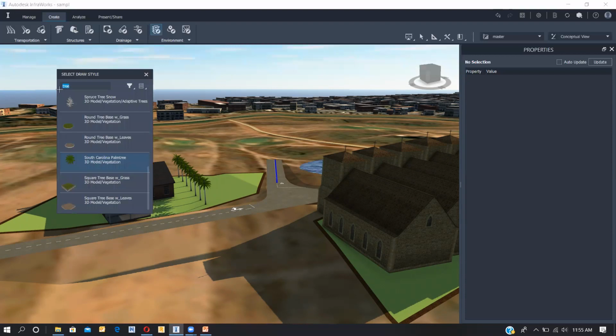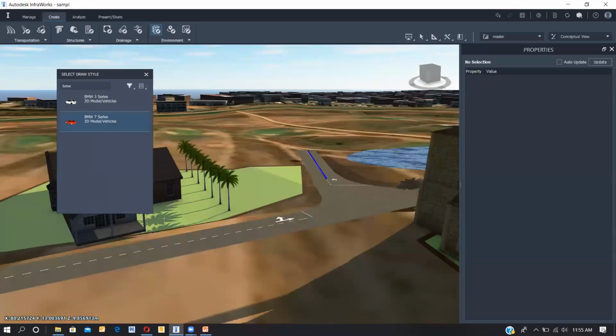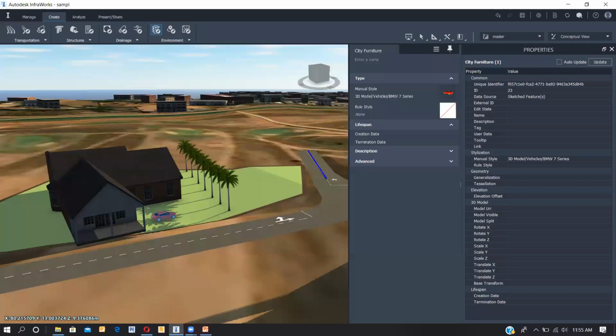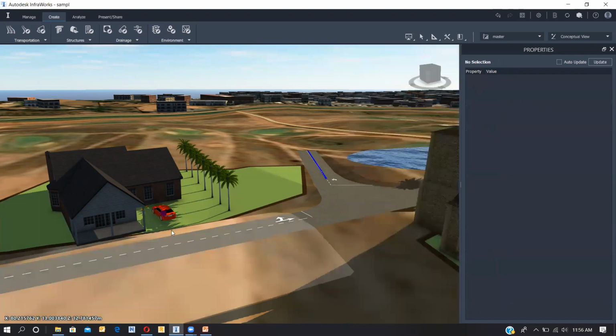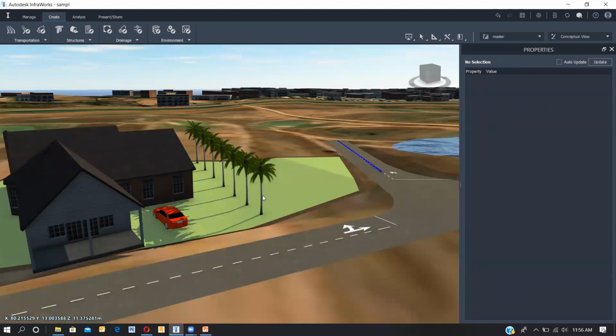I'm going to place a BMW car. Can you see? Okay, I will turn this. Okay, let's make this car a little bit. See the shades of the trees and the things also have been visible here.